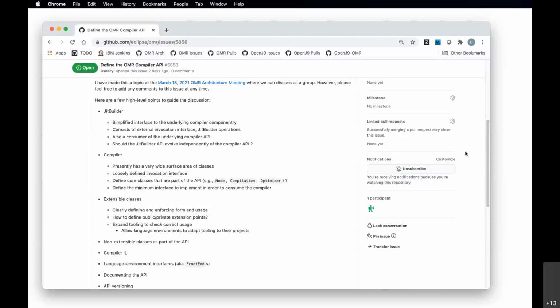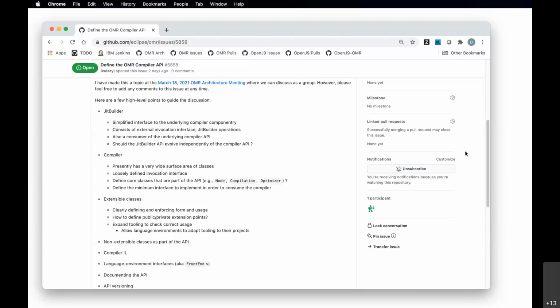Maybe what we should start with is something more like what Daryl's got written here: defining the core documentation we lack on what the main classes are, what their purposes are, the boundaries between them, their areas of responsibility, and their life cycles. That information is all collectively maintained by the group of people who work on this, as well as the pieces that are obviously encoded in the code itself.